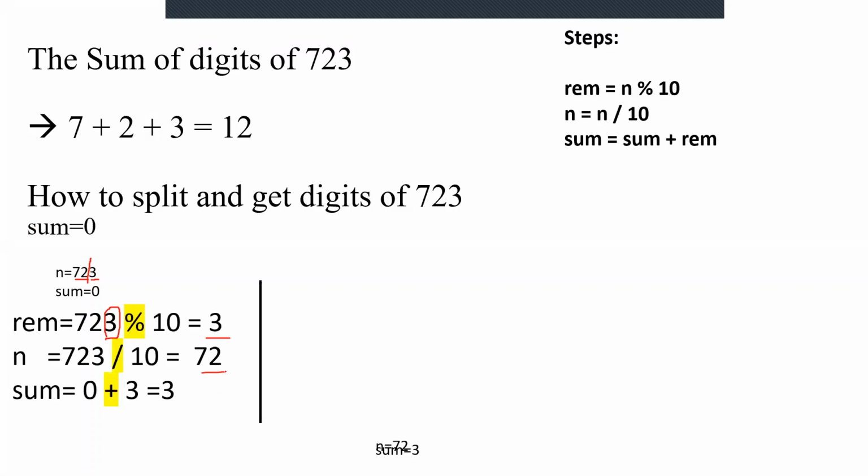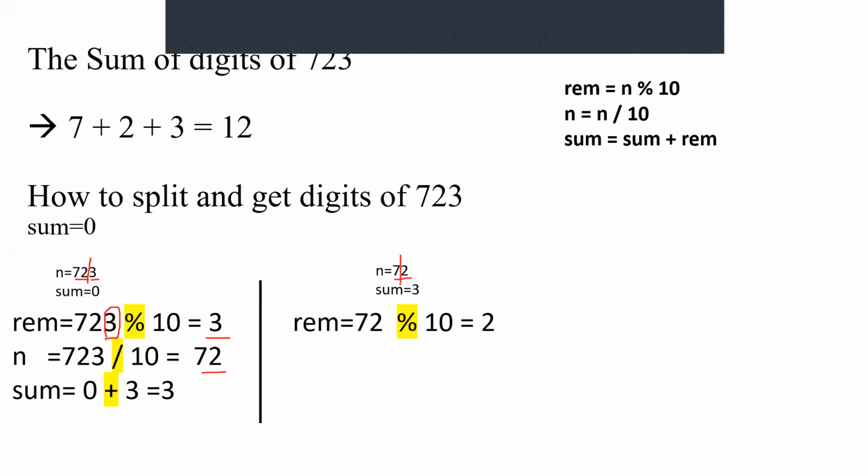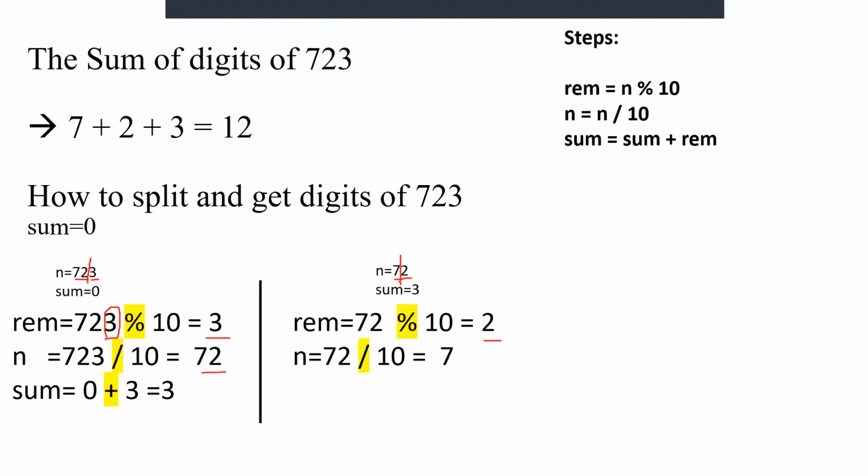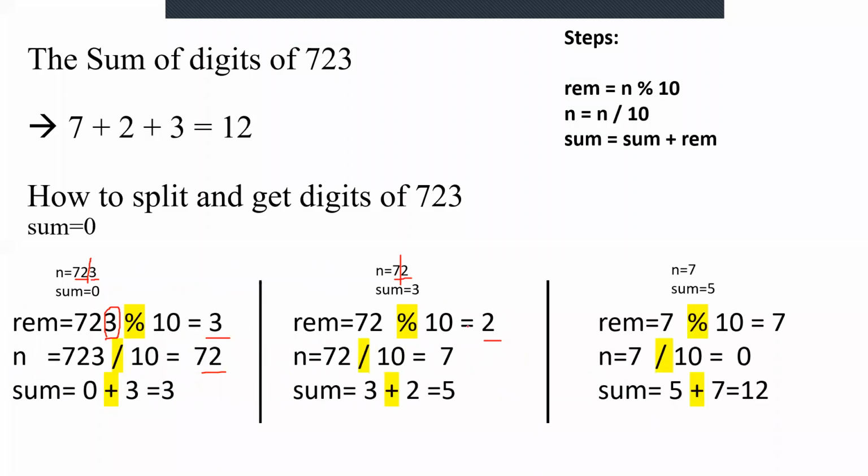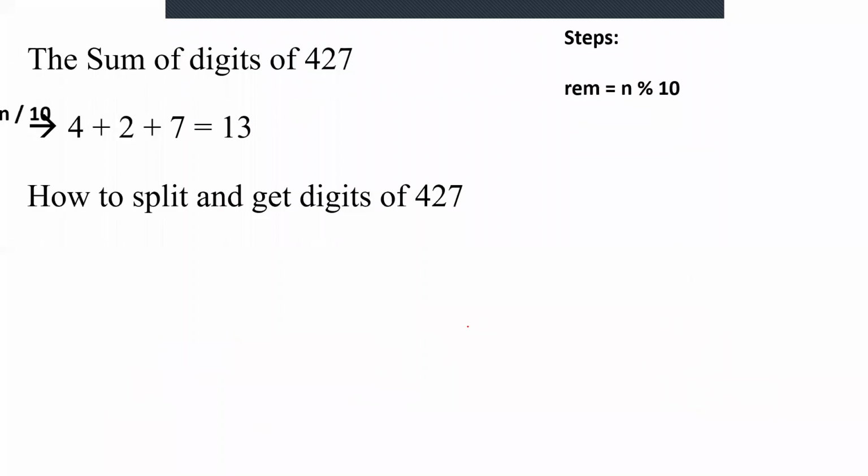In the next step, what will happen? Again, the number is 72. And if you find mod, you will be able to extract the last digit, which is 2. And when you find the quotient, you will get the other part, whichever is remaining. Like that we were doing, no. So what happened now? We are not answering. That's what I'm asking you.